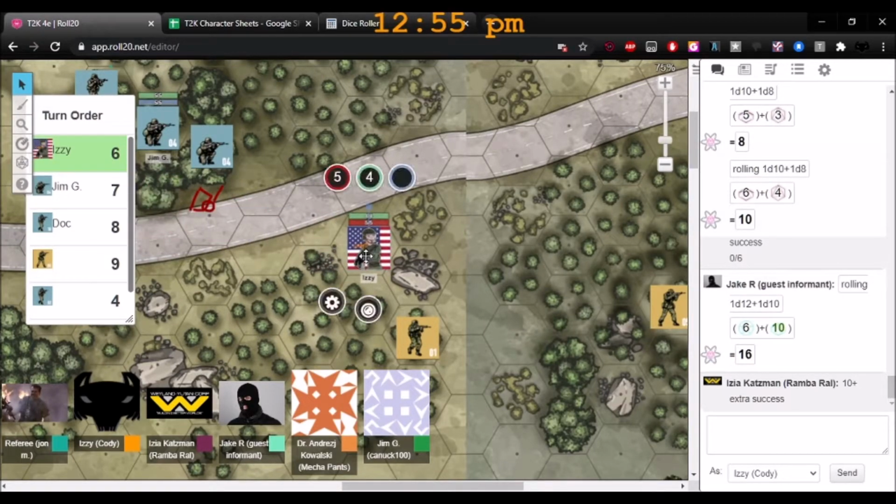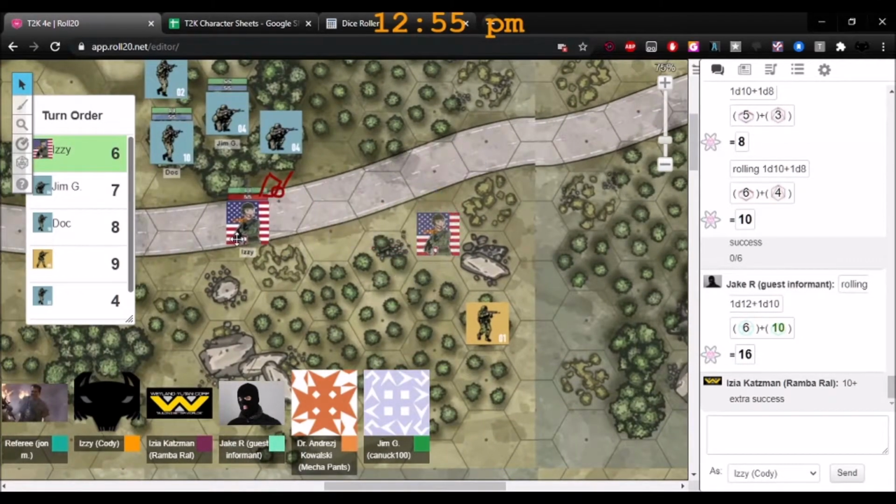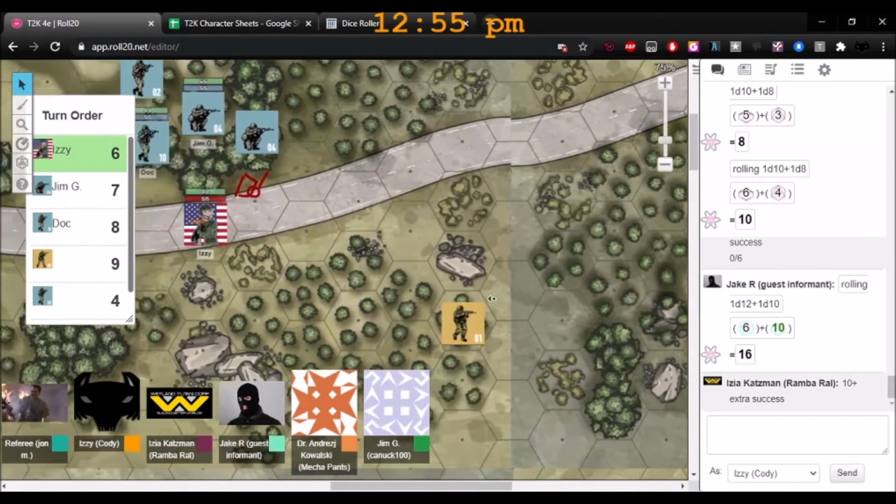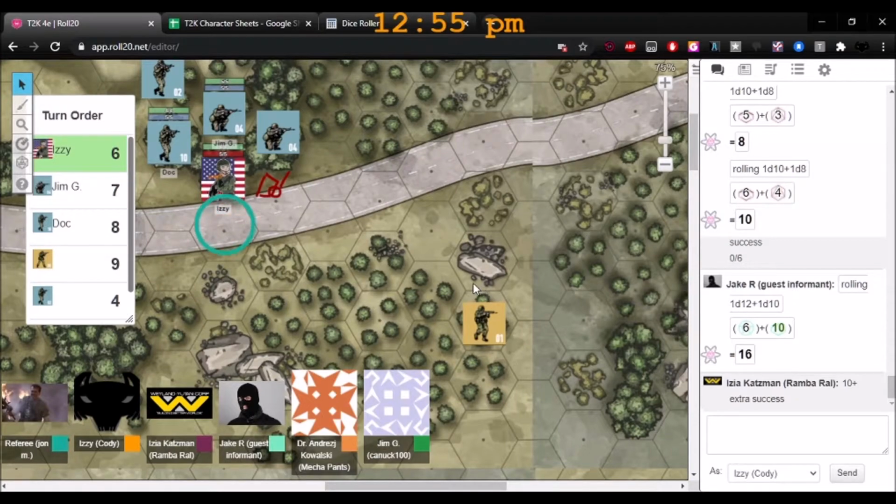Can I just run here as an action? You can with a mobility roll. Okay. But just so you know, if one of those men up on the hillside has Overwatch, they would get to take a shot at you. Okay. In the interim, is there anywhere where I can seek cover, like in the forest or anywhere that the Overwatch guys can't hit me? As soon as you step out onto this road, if either of those men have Overwatch, they'll get a shot at you, just because you're going out into the wide open.